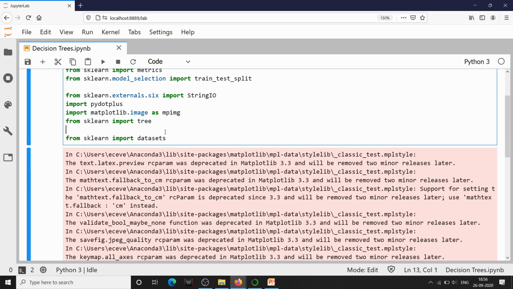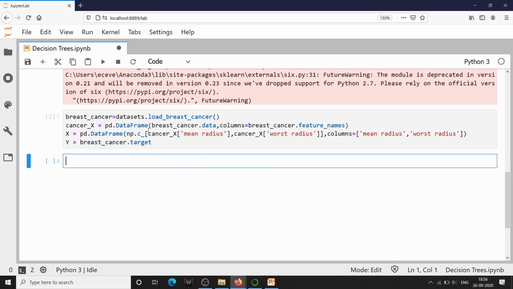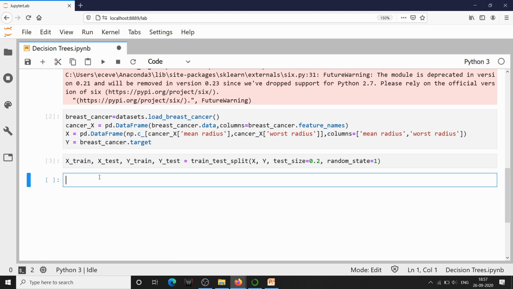So let us import the cancer dataset as we have done in the past for logistic regression. So yes, I have imported the dataset, and I have also chosen mean radius and worst radius as parameters as we did in logistic regression. Now we are going to split the data. So yes, we have done that. Now let us create a model which is decision tree classifier.